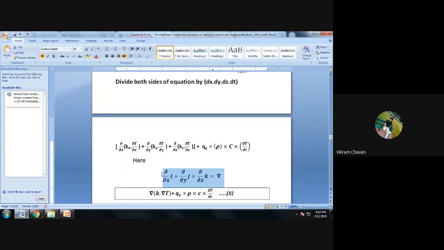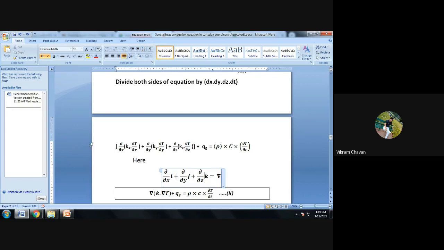This is the general equation, and it is about a vector quantity. So there is no general comparison of this particular i, j, k with our equation, or there is no significance of i, j, k in our derivation. But here we can compare. i means k suffix x multiplied by del t divided by del x. j means k suffix y multiplied by del t divided by del y. And k means k suffix z multiplied by del t divided by del z.